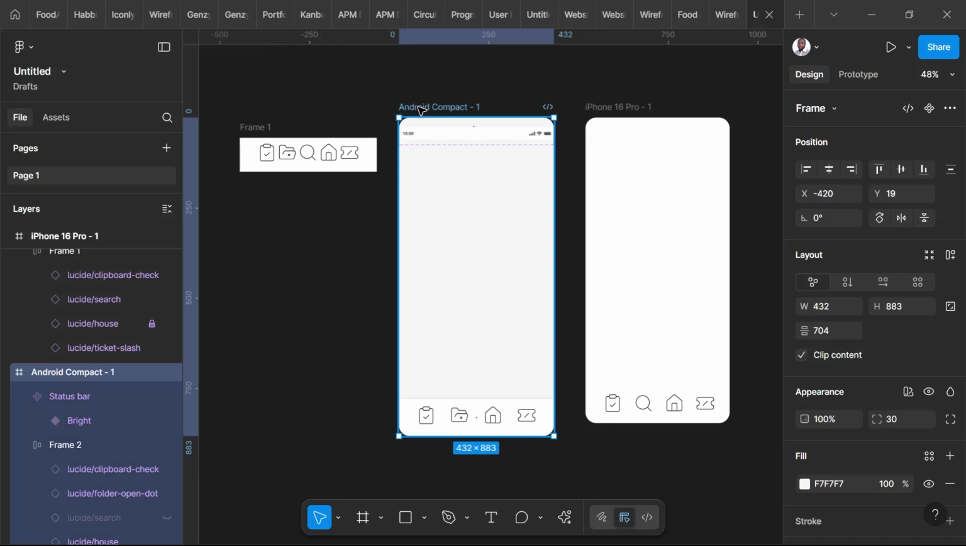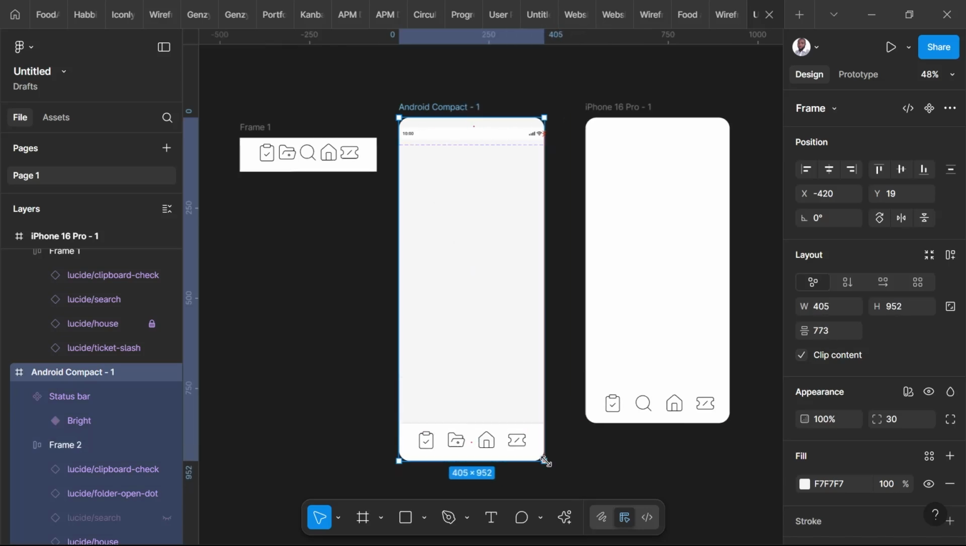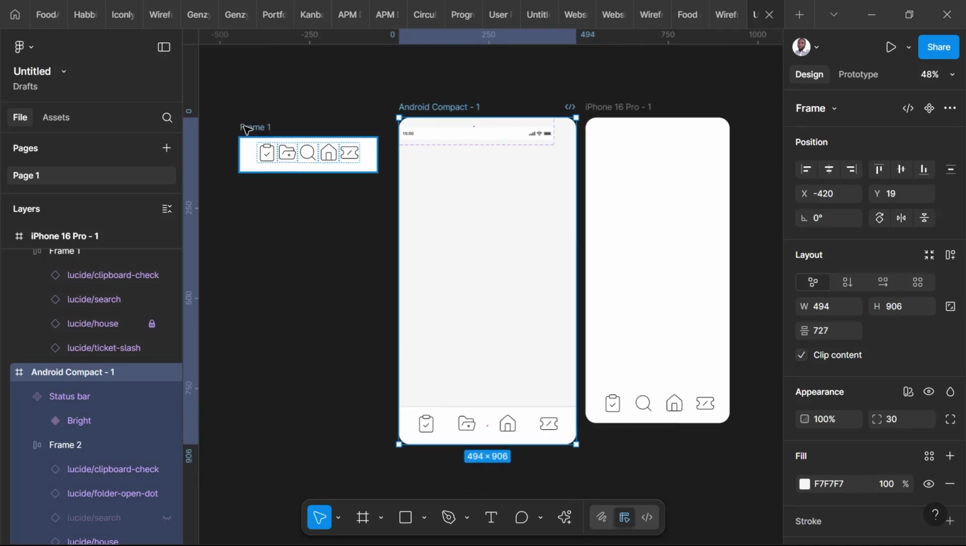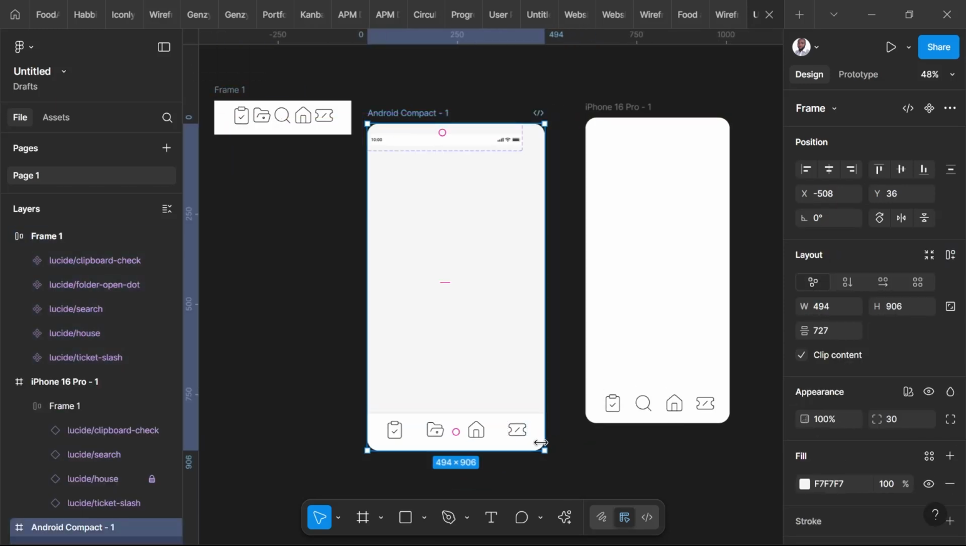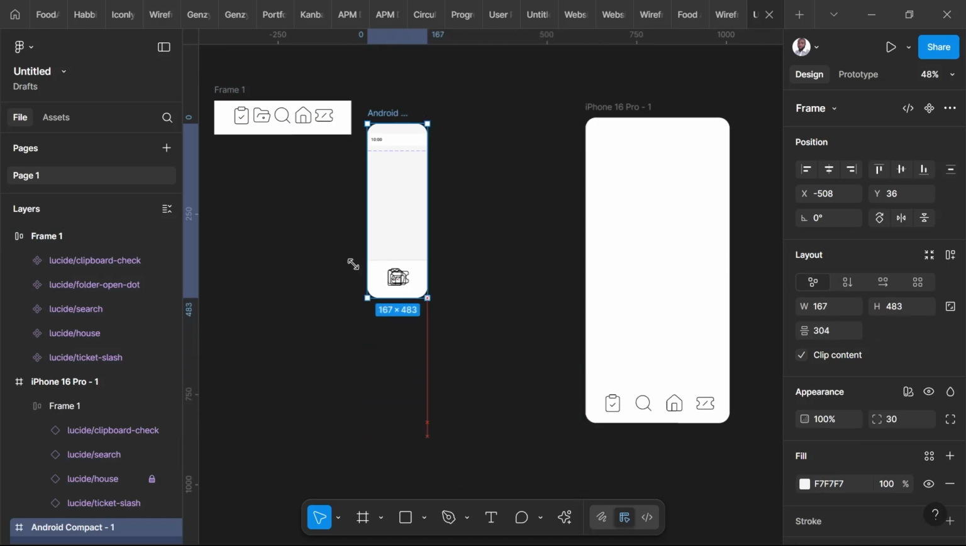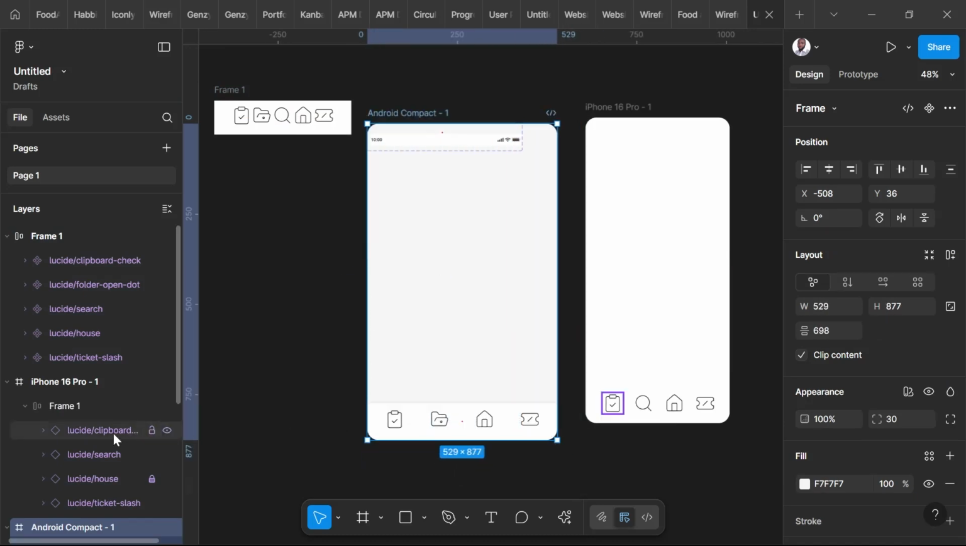Welcome guys. Today we're going to learn how to position our navbar for our design. We're going to learn how to create this sticky navbar here for our design. As you can see, this navbar is sticky at the bottom, and the good thing about this navbar is you can